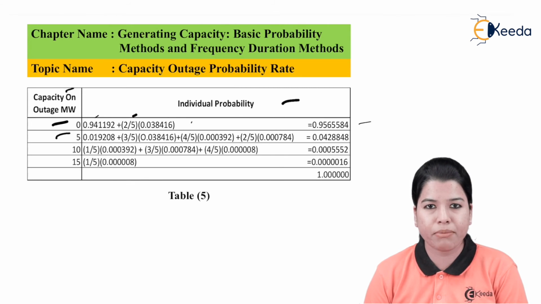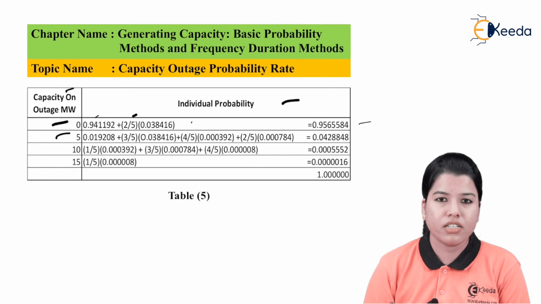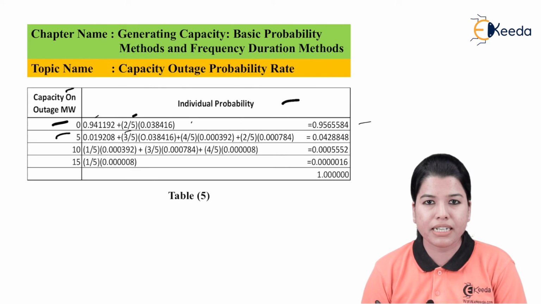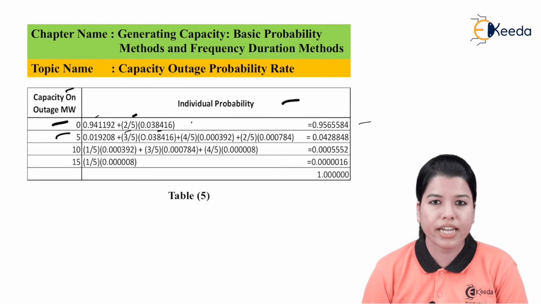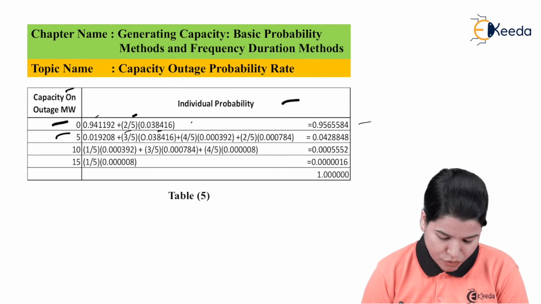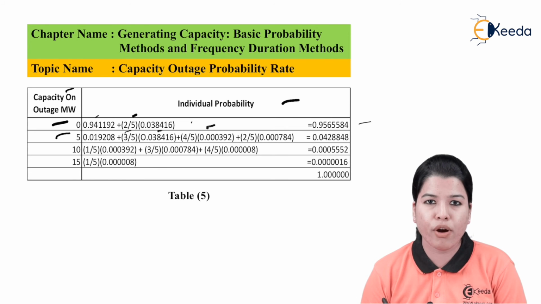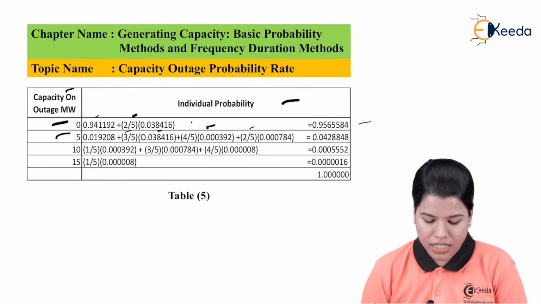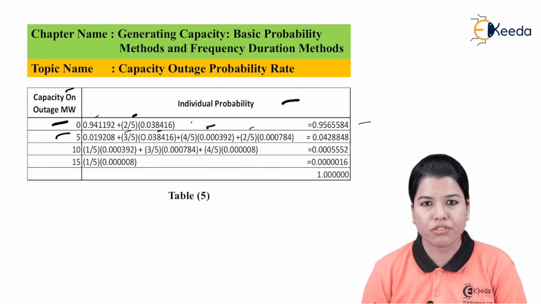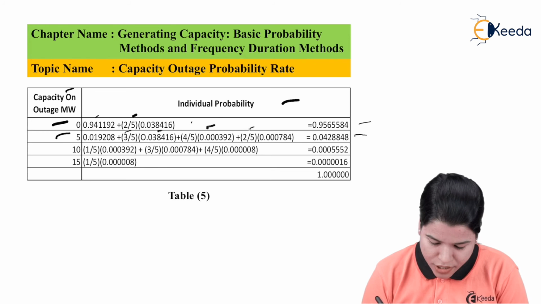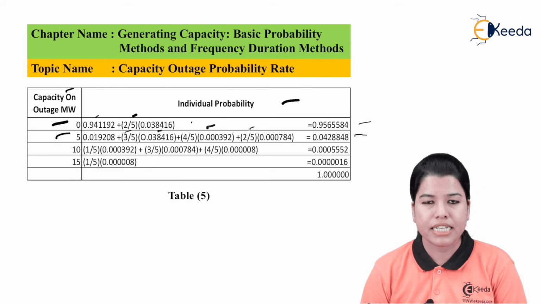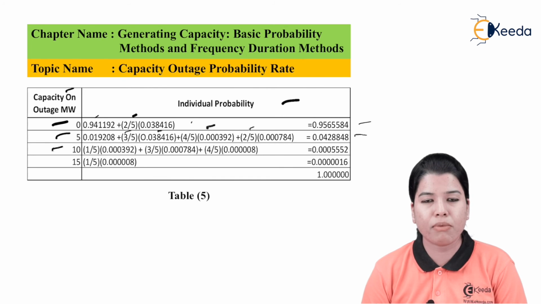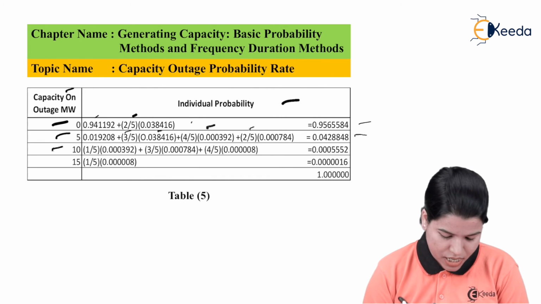So the probability can be calculated as 0.019208 plus 3 by 5 multiplied by 0.038416 plus 4 by 5 multiplied by 0.000392 plus 2 by 5 multiplied by 0.000784. So the answer is 0.0428848. Similarly, for the next unit having the capacity of 10 megawatt, the probability can be calculated as 1 by